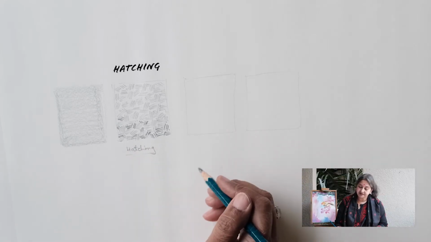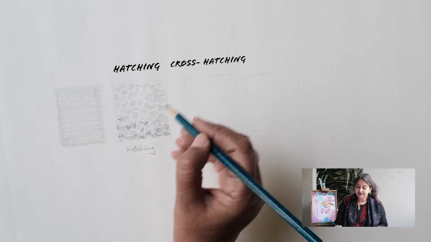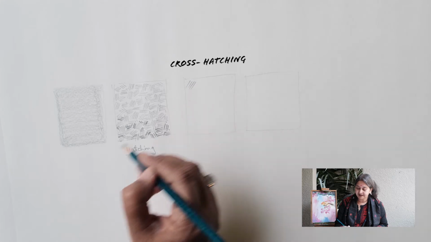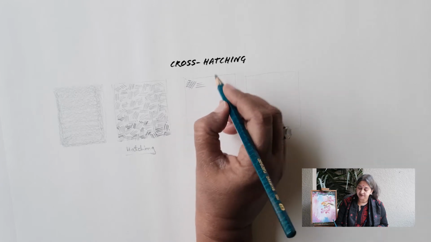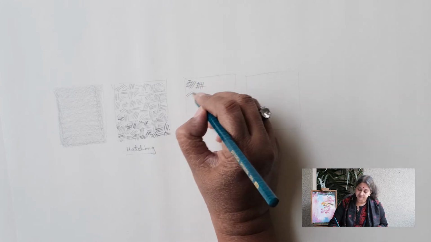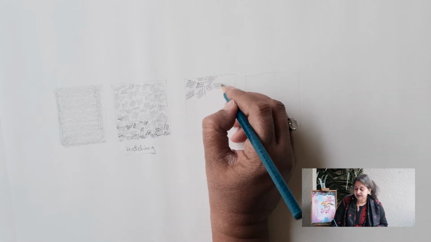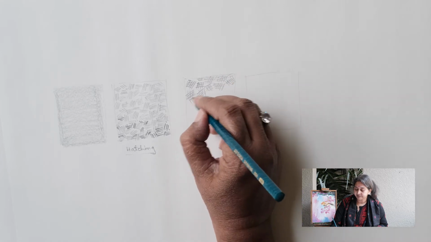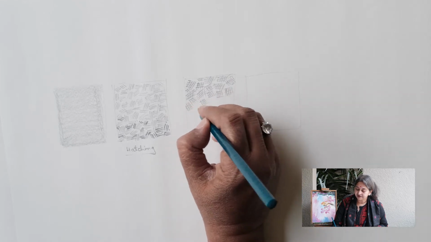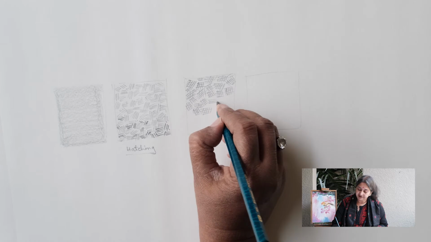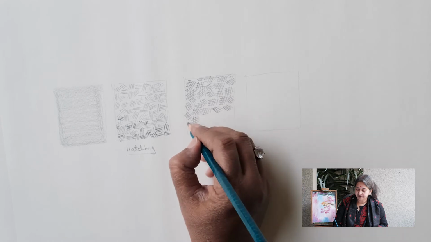The next technique which I shall demonstrate is cross hatching. It's very similar to hatching, just that over and above these lines, you also have lines which go across them, and that's the reason why it's called cross hatching. As these techniques are used for shading, they are usually done in a swift manner. So in a way, all activities related to art, visual art per se, are a wonderful example of your eye, hand and brain coordination.